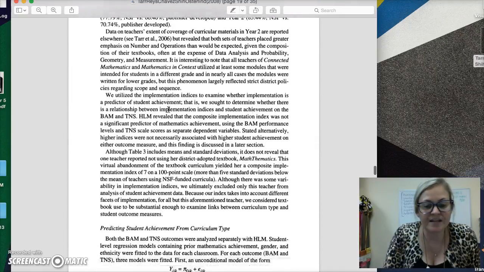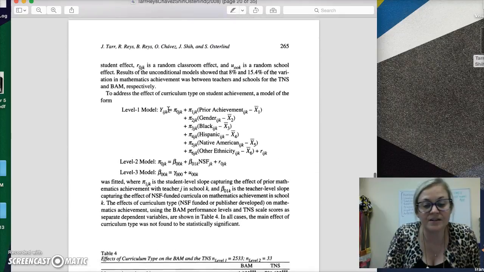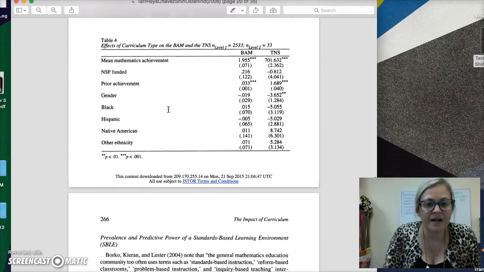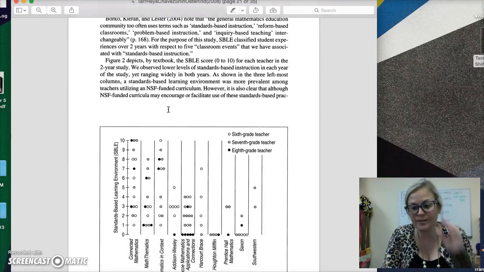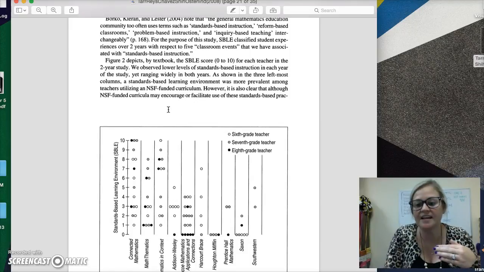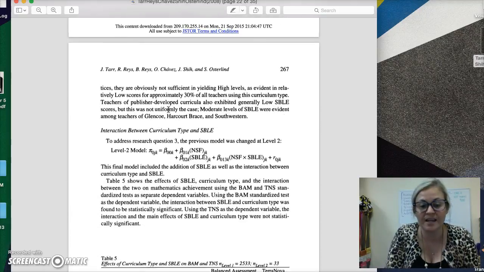That was one of the things that came out in the discussion forum: reading all this can be very intimidating. So I would just encourage you to read in between the lines, try to look beyond the numbers, and at the end of the day, go back after you read the results and look at the research questions and say, could I have a conversation with somebody about this, and how would I describe it in my own words?